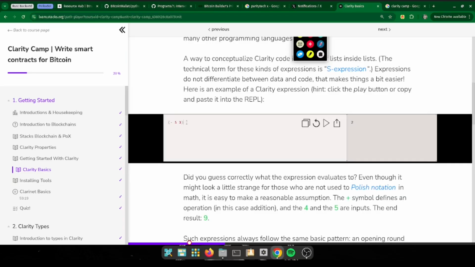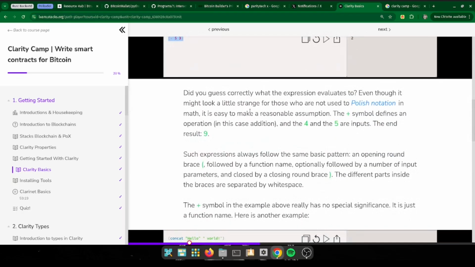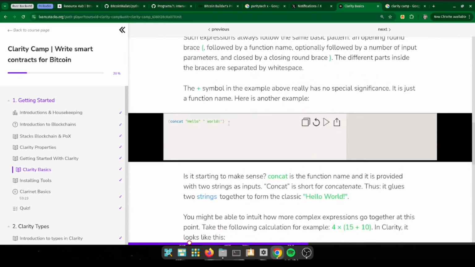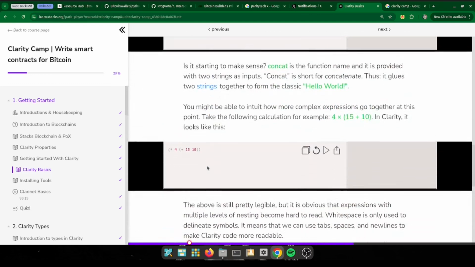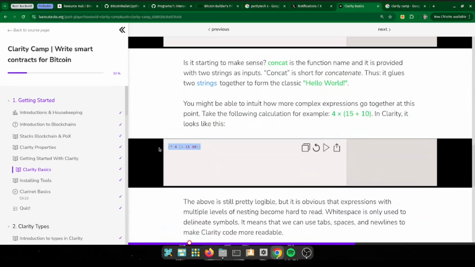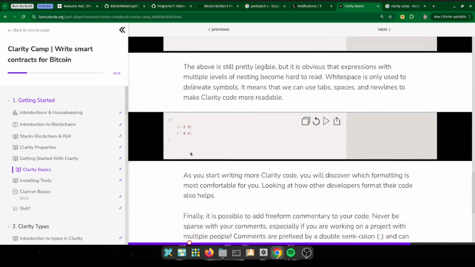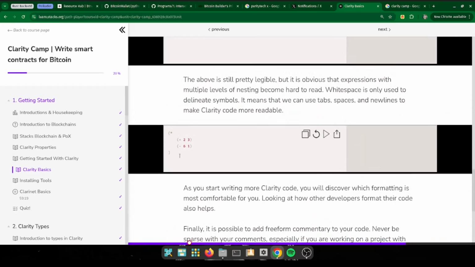So the brackets are not the issue, they're just following the S-expression that the Lisp language follows. It's just a mimic of how the Lisp language works. Everywhere you see us writing any syntax, we start with the bracket and we end with the bracket. We start everything with the bracket, we end with the bracket. Just like